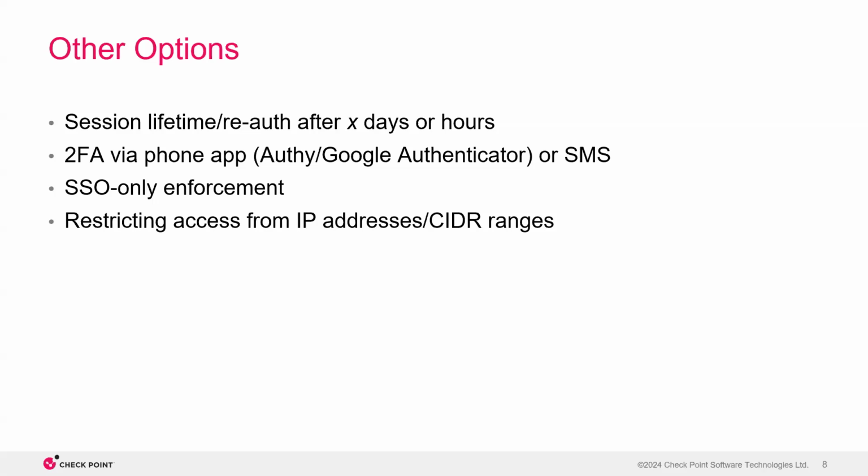The other thing we can use here is to restrict access from certain IP addresses or CIDR ranges. And this is a great use case for leveraging something like Harmony SASE to enforce zero trust authentication from a trusted public IP address that we own and operate. For example, suppose you want to only permit logins to the Infinity portal if users are connected to the Harmony SASE cloud. And if they're connected to that Harmony SASE cloud and they're tunneling everything through it, that means that